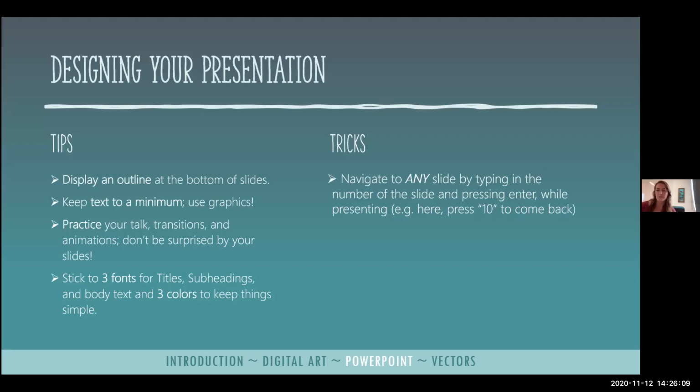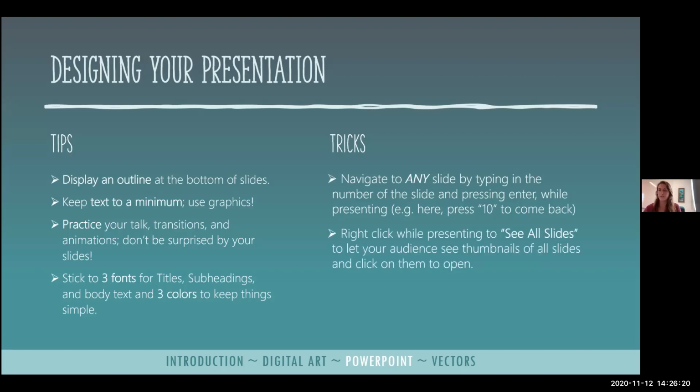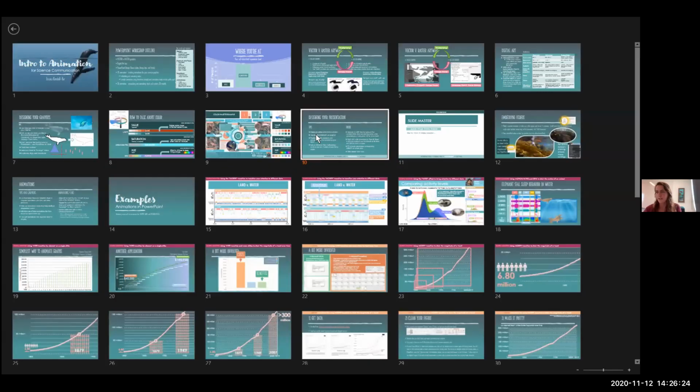If you want to be able to keep track of your slide numbers, you can either print out an outline of your slides or put page numbers on your slides. You can also right click while you're presenting to show all of your slides. If your audience is like, I think I remember there was some slide I wanted to ask a question about,